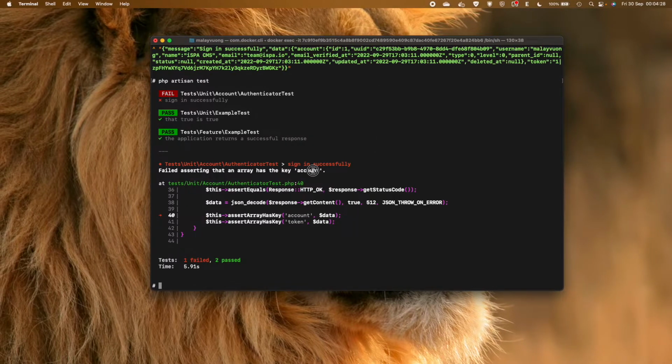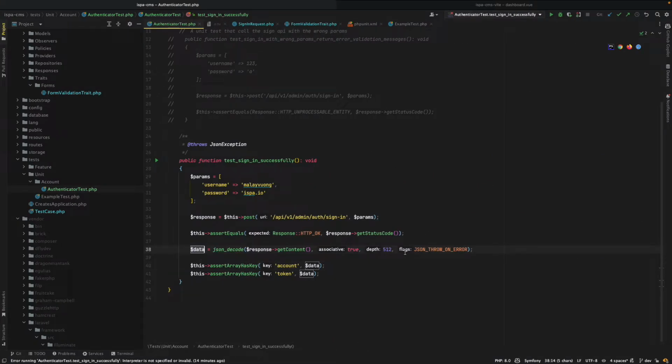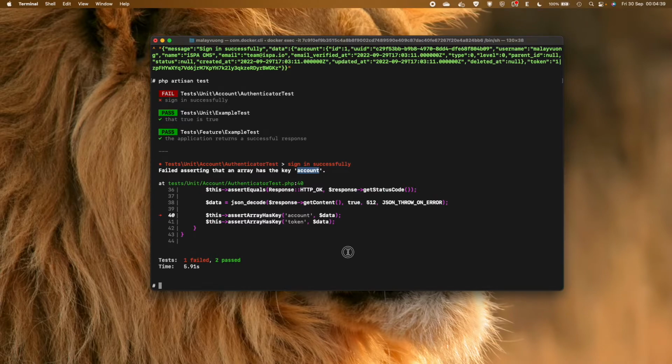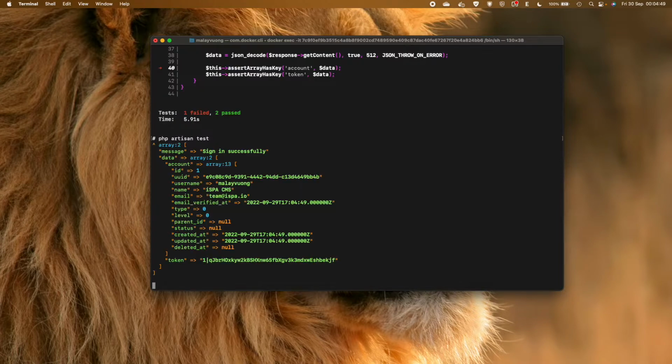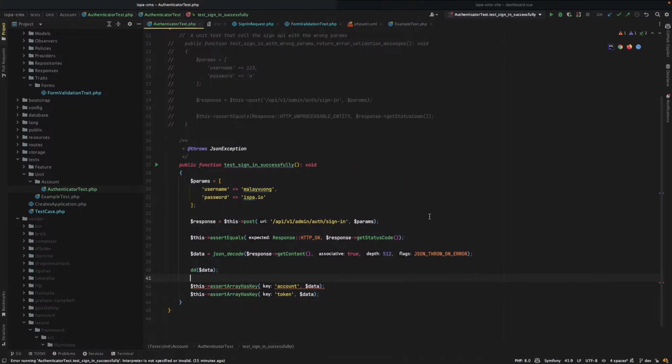Failure accessing that erase the key account, so we need to check this data here for why it's not working, because some case here test. We have the data and the account here because this is the message here. Okay, I see that, and we have the data with the data here, and again